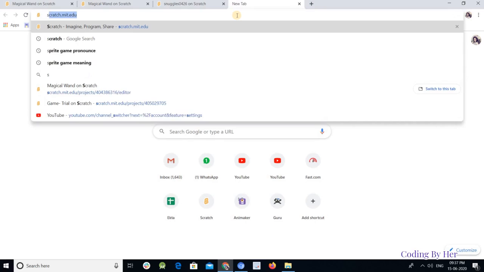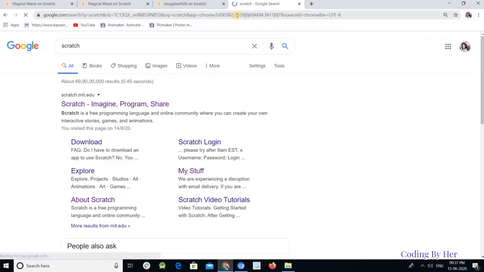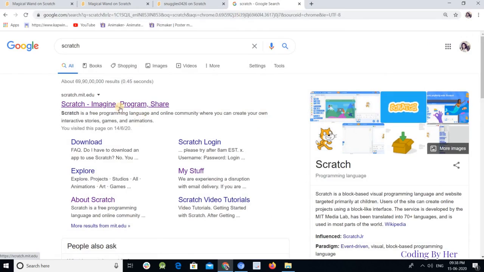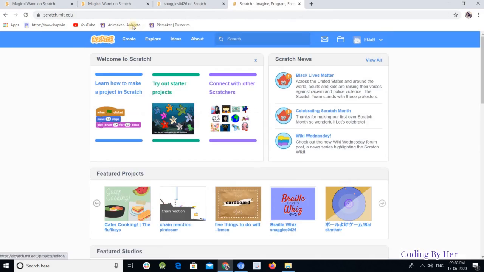You just have to search for Scratch on Google and you will be redirected to this link, which is scratch.mit.edu. Just click on that and click on Create. Now you can create a whole new project.